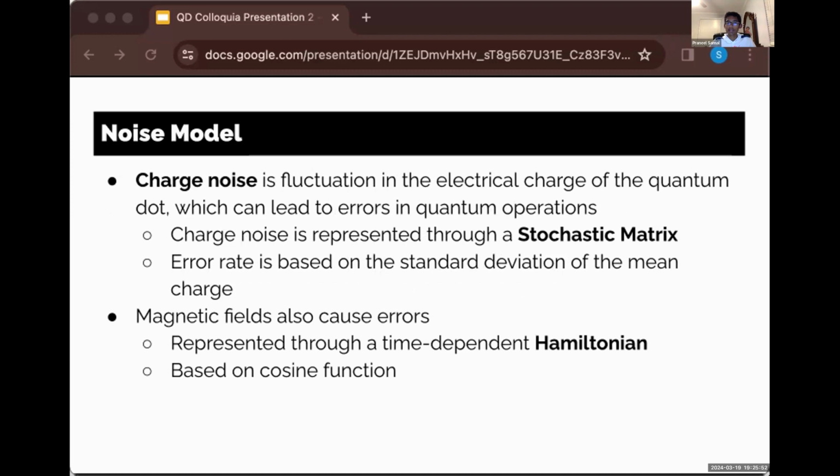Charge noise occurs when the electrical charge of quantum dots fluctuates due to external factors. Because the charge of the quantum dots is integral to the implementation of various algorithms, including quantum key distribution, it's important to study the effects that this noise may have on our system. We simulate charge noise using an error matrix that's filled with random charges, either 0 or 1. This matrix has a width equal to the number of qubits and the same height. We then extract the diagonal elements and find the mean and standard deviation of the charges in the diagonal. Finally, we create a cumulative distribution function that describes the charges.